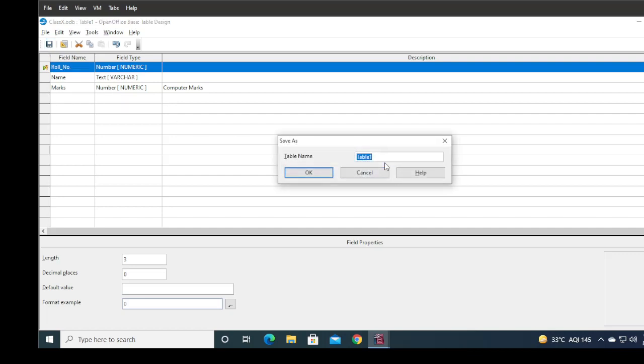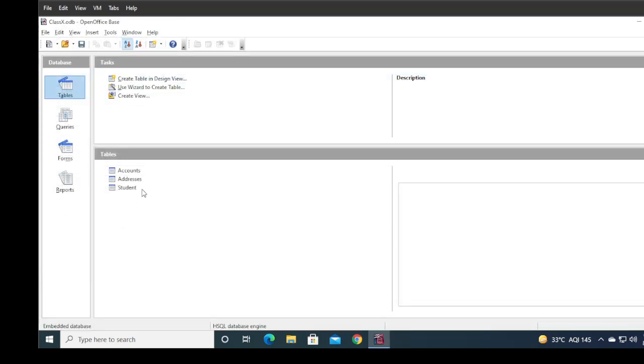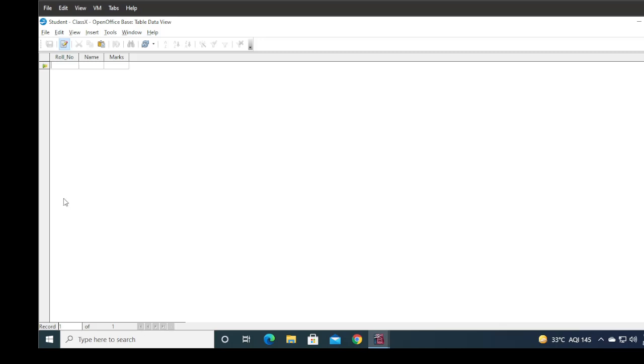Here you can write the name of the table. My table name is student table, then click OK, then click close, and now you can see student table is here. Now you can write the values. For example, roll number 1, name Anshu, marks 89.